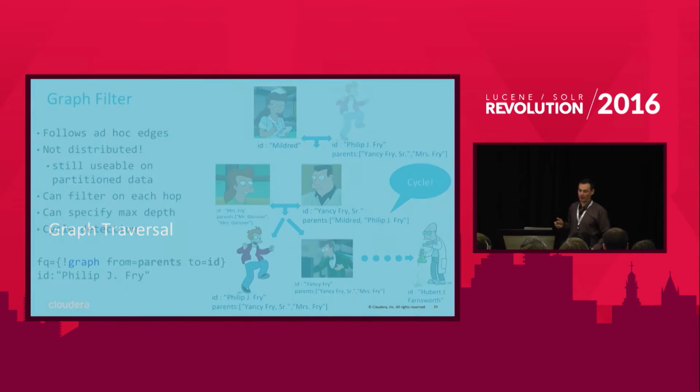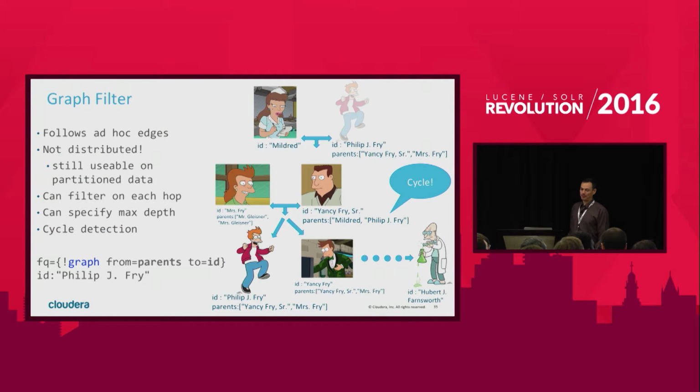All right, now on to graph traversal. So, graph filter. We have a graph query since Solr 6 that follows edges that are defined on an ad hoc basis. You don't have to do anything at index time ahead of time. It's all defined at query time. It is not distributed, though. It is still useful if you can partition your data such that any of the edges you want to follow are all co-located on the same nodes. It can filter on each hop by an arbitrary Lucene Solr query,